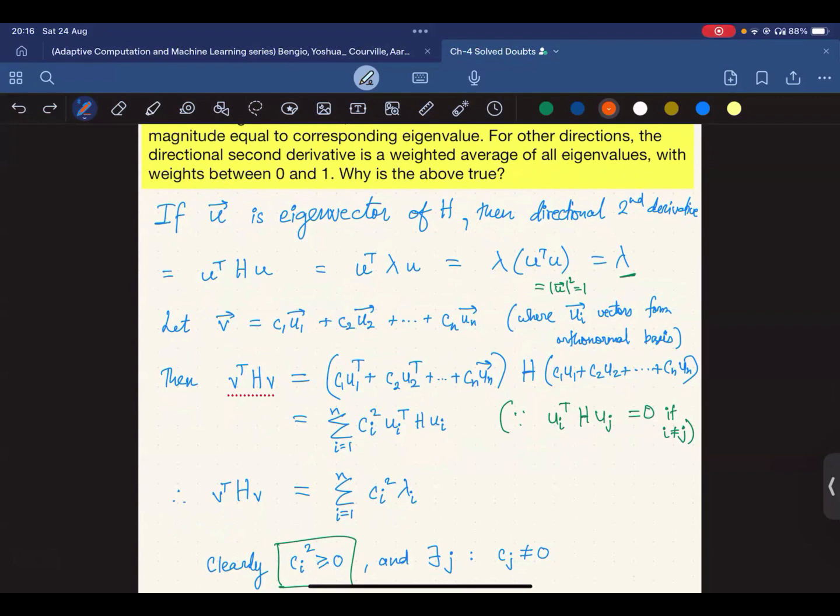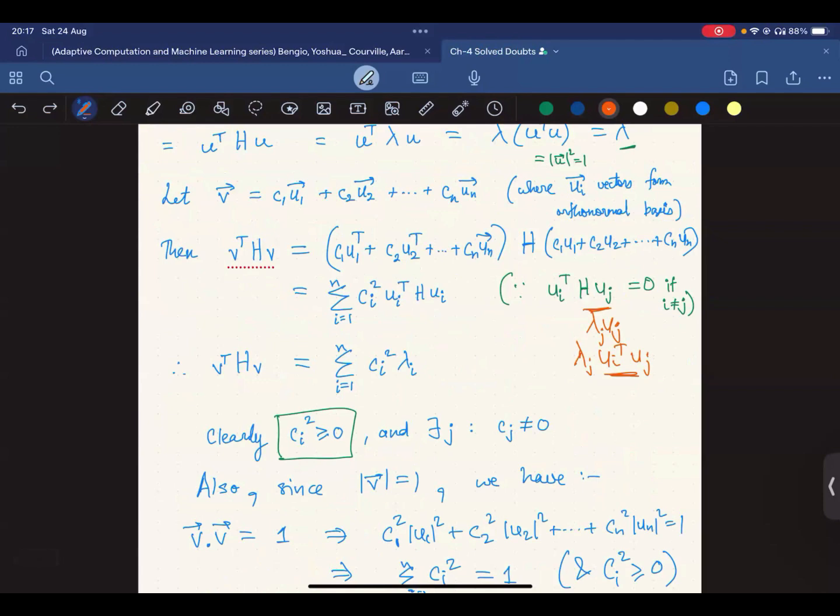Now here you can see that ui transpose Huj is 0 because they are orthogonal with each other. All right. And Huj, you can write as lambda j uj, and it will become lambda j ui transpose uj, and this is 0. So we would only have these terms, Ci square, that is C1 from here, C1 from here, and this quantity, which is again lambda. So we would have the directional derivative as a linear combination of all the eigenvalues,